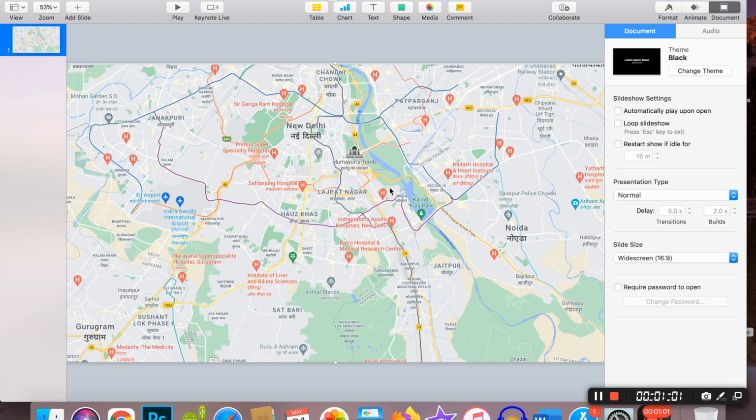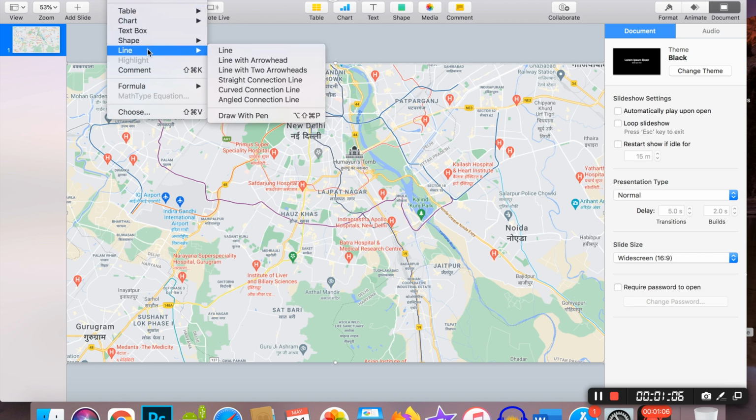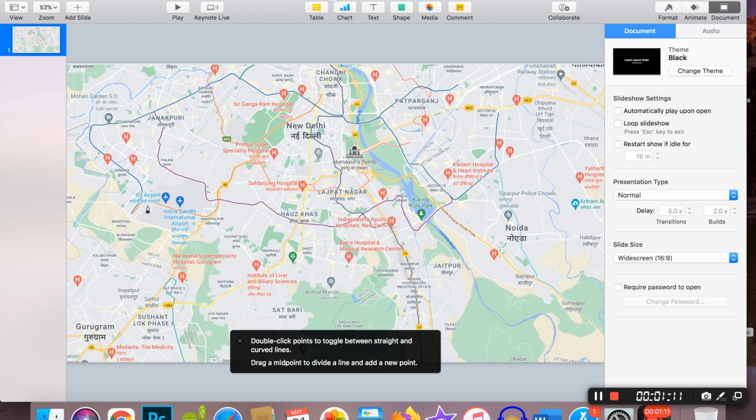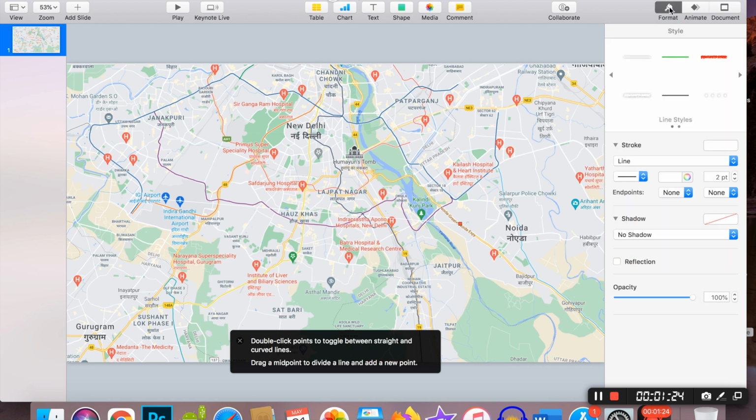Then go to insert again, go to line, then take the draw with pen, click on the initial point once and drag it to the end point and double click there. Then go to format and increase the width of the line and also choose a color for the route to be shown,